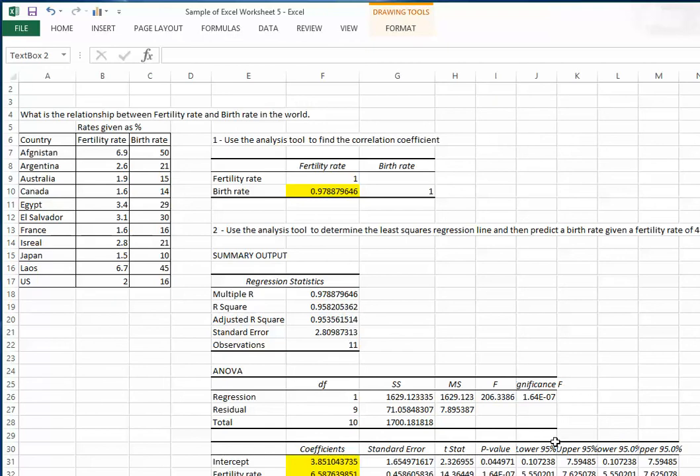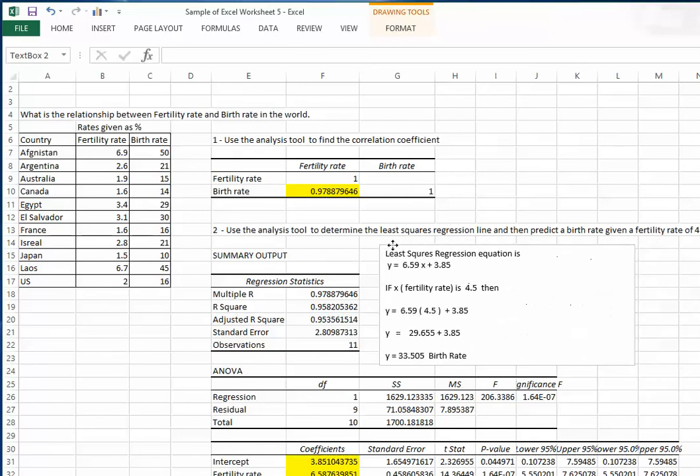All the information that you have here, there's a lot of information. Most of it is used for hypothesis testing. But what we're interested in this particular case are these two numbers here, these coefficients, because they make up the coefficients for the least squares regression equation. The first number here is the intercept, the y-intercept. Remember, our equation of our line is y equals mx plus b,